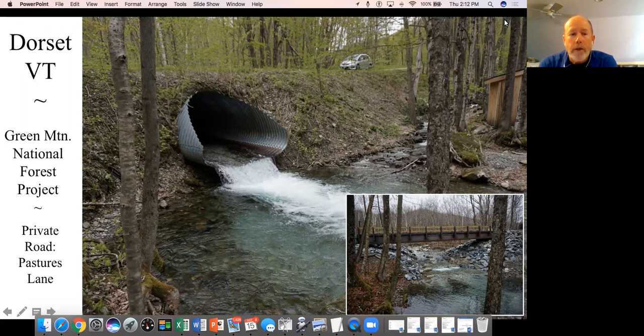Forest Service. There's something called the Wyden Amendment, which allows us to work off the national forest on private or town public lands and use that funding to do restoration if the impacts at that location have headwaters on the forest. So it's a great source of funding for us to go after to do this type of work. There's probably 6 or 7 landowners on the other side of this culvert that never would be able to, I mean, they probably could. I don't know the wealth of the community on the other side, but these are expensive projects, and it's not,